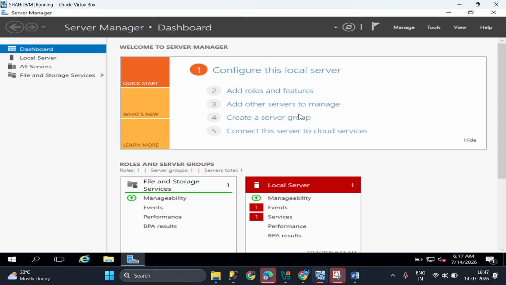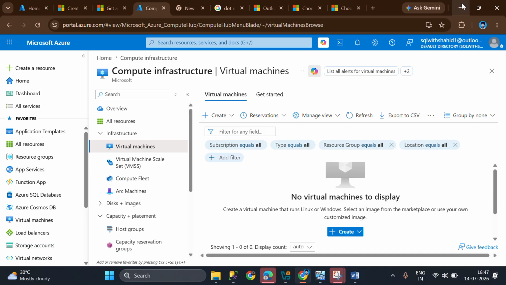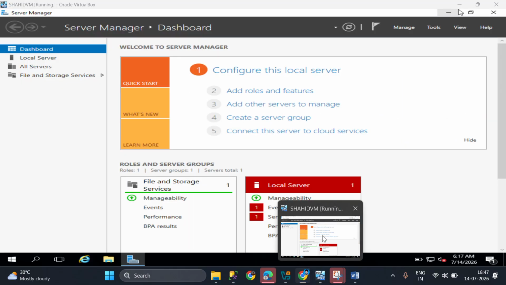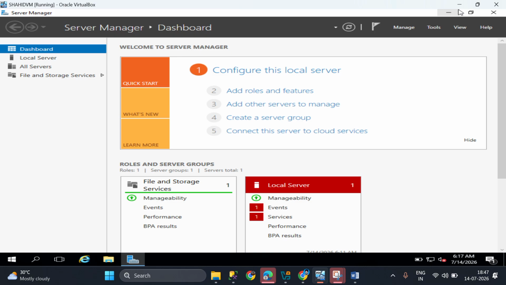At the time of installation you have to select the desktop experience, okay? You don't need to select standard. If you select standard, you can only use cmdlets, okay? So it will be a problem. You can go to the desktop experience and here you can play with that, okay?